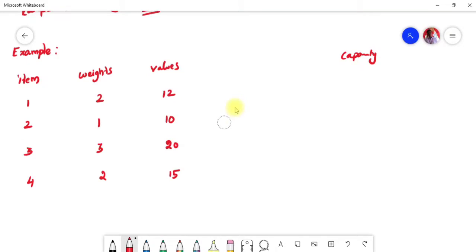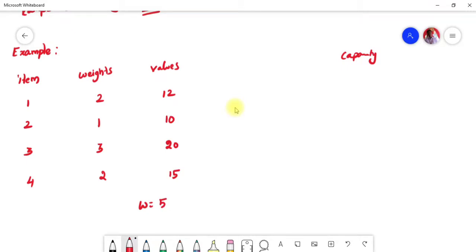I don't want to write over here because I don't have enough space. The first step is to write the maximum capacity. I forgot to write that the given capacity is 5, the knapsack capacity, the bag capacity.